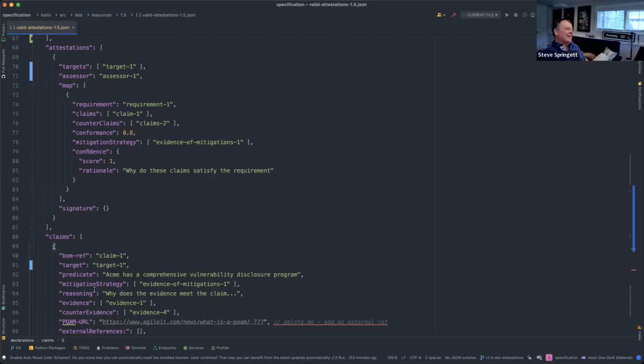Okay. So rewinding from a high level, the claims were intended to be an individual within an organization making a claim that they are doing something. It is a concrete thing. The example Steve brought up earlier was we have 80% of our developers trained, right? We are saying, yes, we have that. Here's the evidence. If an auditor or somebody else finds counter evidence, or if we're aware of it, we can put it in at that level, right?